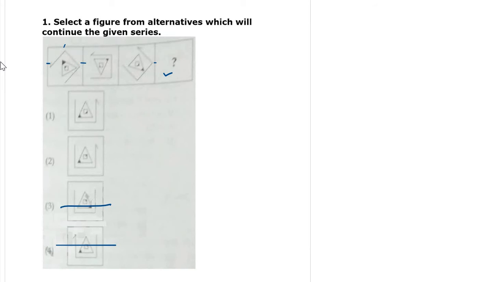Consider the second triangle. The first one is colored, that is dark, on this side. The second one is rotating, and the fourth one must be here. So both are here only, inside the square, so both are darkened on the same side. Next, the opposite side was darkened. Next, the same side. So the fourth figure must be on the opposite side. So the second is the correct answer. Okay, move to the next question. Like that we could find the answer.